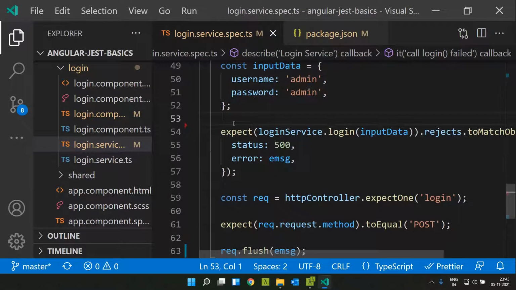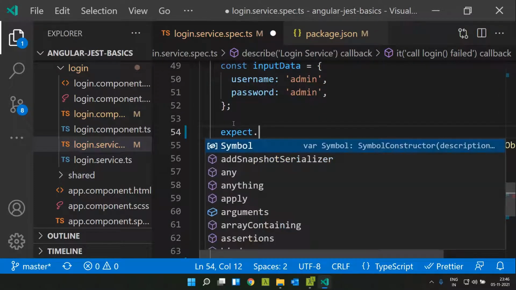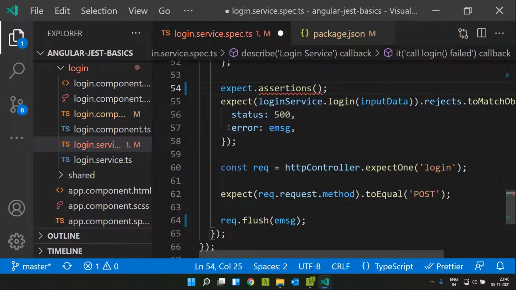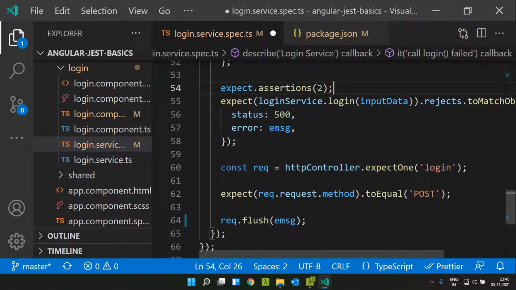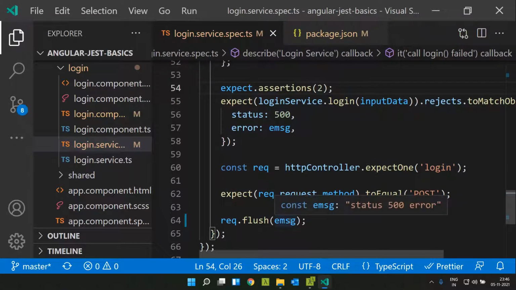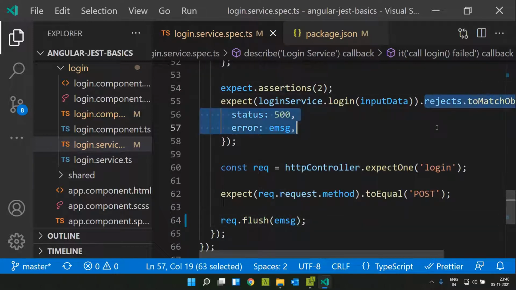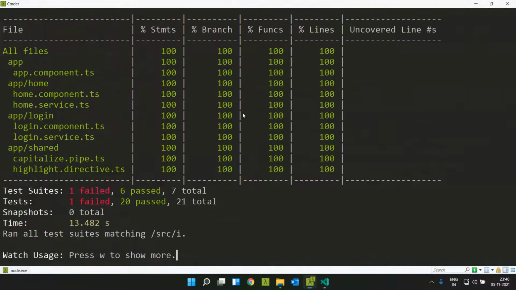To ensure that this does not happen, what we can do is say that we expect this many assertions to be evaluated. In this case, you can see there are two assertions, so we can give it here. Now, when we successfully resolve this, this particular assertion won't be executed and the count will actually be 1, so this assertion will fail.